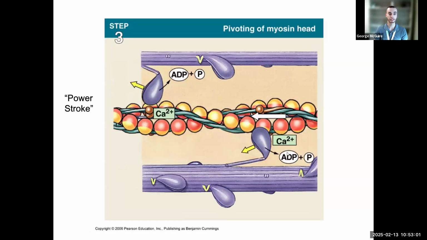And now it will release that ADP and free phosphate, which is going to cause it to change shape and do that power stroke, what's called a power stroke, pulling the thin filaments closer to that M line towards the center of the sarcomere, which is shortening the entire sarcomere, causing that contraction. So the release of that ADP and free phosphate is what causes the power stroke